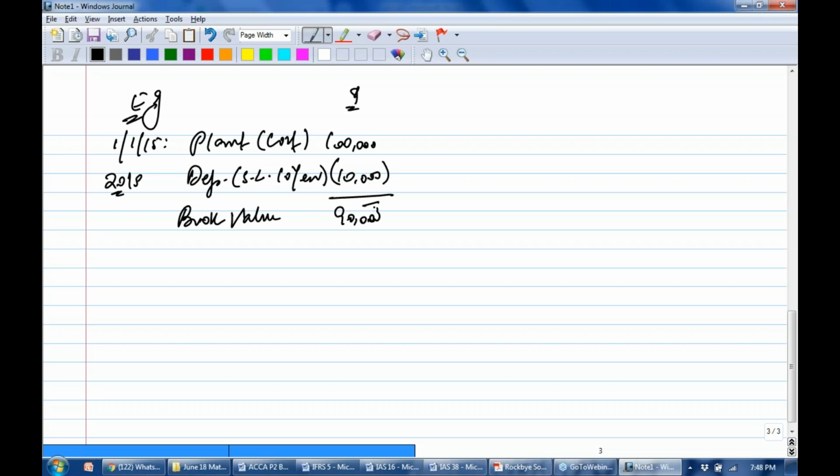Due to some reason, the company has decided to shift from the cost model to the revaluation model. And in 2015, the revalued amount now becomes